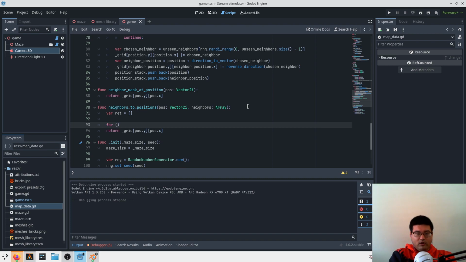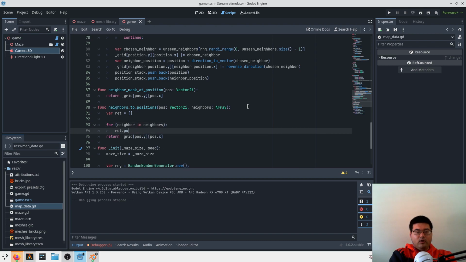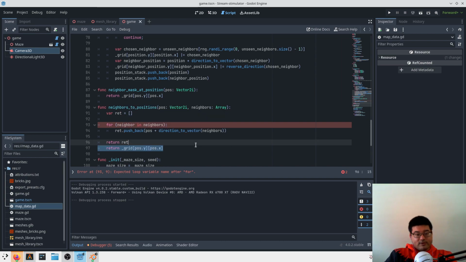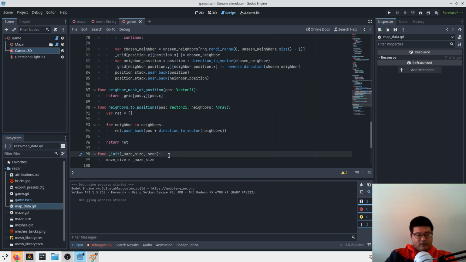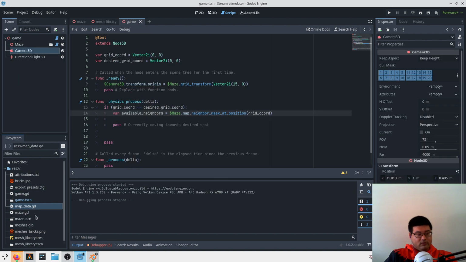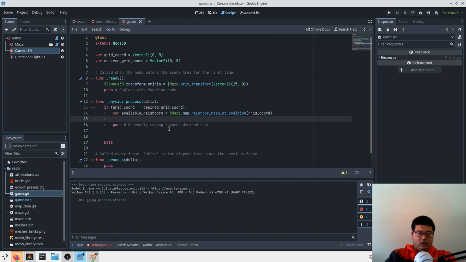And for neighbor in neighbors, we want to insert the position plus direction to vector of the neighbor. And then return ret. Expected loop variable after for. Is it like this? Yeah. Okay. And so now from the grid, the game controller,